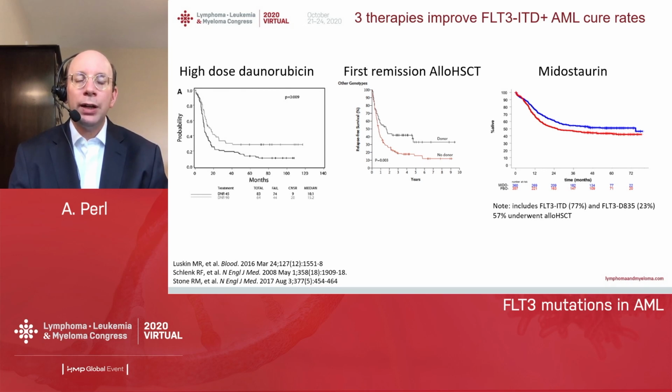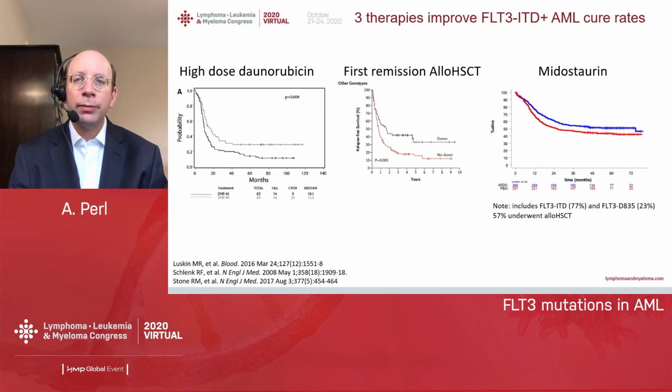You can see the presence of a donor did much better. And on this study, 80% of patients with a donor actually proceeded to transplant. So these data support the idea of using transplant in CR1 for FLT3 ITD positive AML. We have less solid data for FLT3 TKD, and those patients can do reasonably well in the presence of an